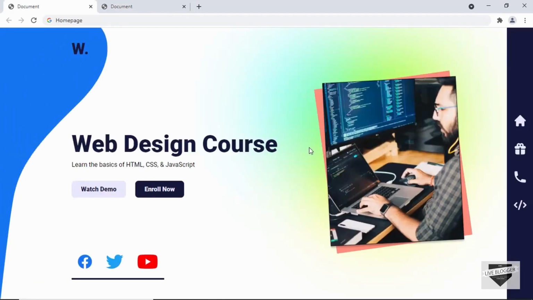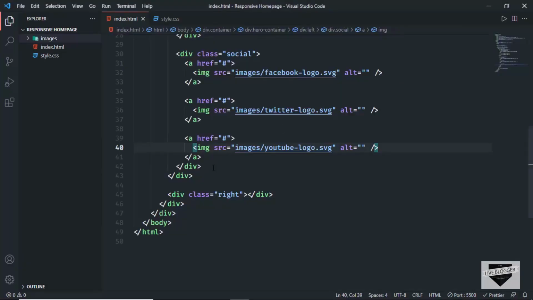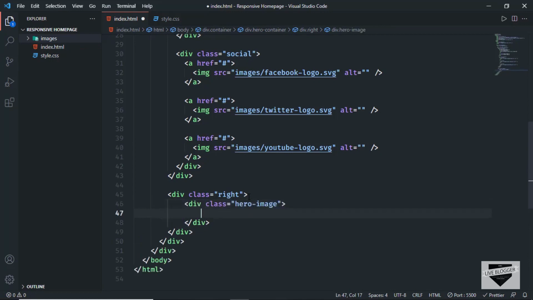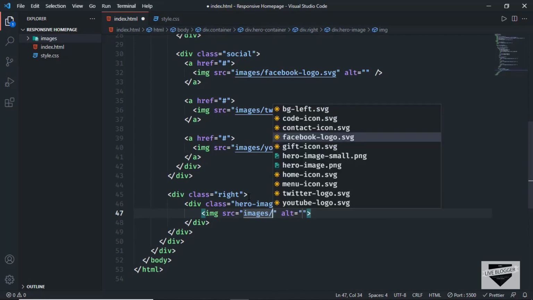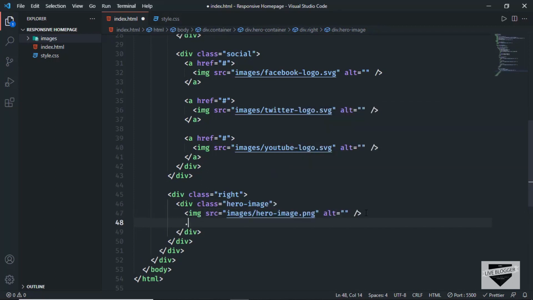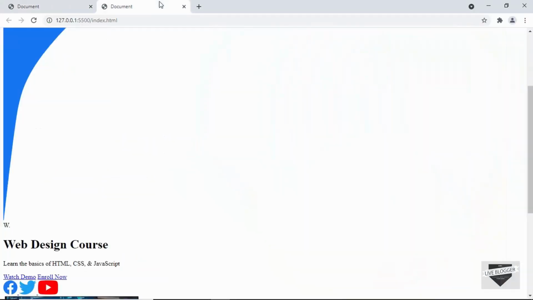Now let's create the right side of our website. So here we have this image, and we also have this background shape over here. Now for that we'll just create a division and we'll style it using CSS. So let's go back over here, and inside the right division, let's create a division with the class of hero image, and in that we'll have an img tag, and here I'll just type images/hero-image.png, and we'll also create a division for the shape. So we'll just create a division with the class of image bg,